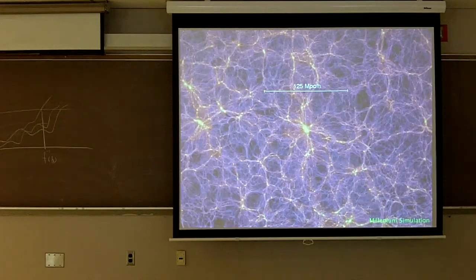Why do these filaments work the way they do? How are they connected? How well can we probe that in the universe? So there's a lot of diffuse information here that, again, does not look like the night sky.